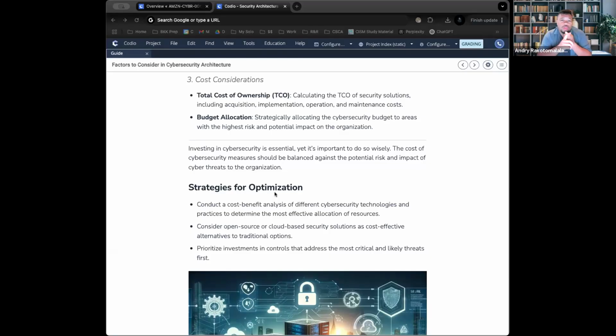So ways that you can save on money for your budget are things such as using open source tools. Open source tools are really powerful because they tend to be cheap, they tend to be community supported, and they tend to be free. That's one of the biggest things: they tend to be free because they're not owned by a corporation. For example, Microsoft has a bunch of cybersecurity tools. However, they're not open source, they're proprietary.